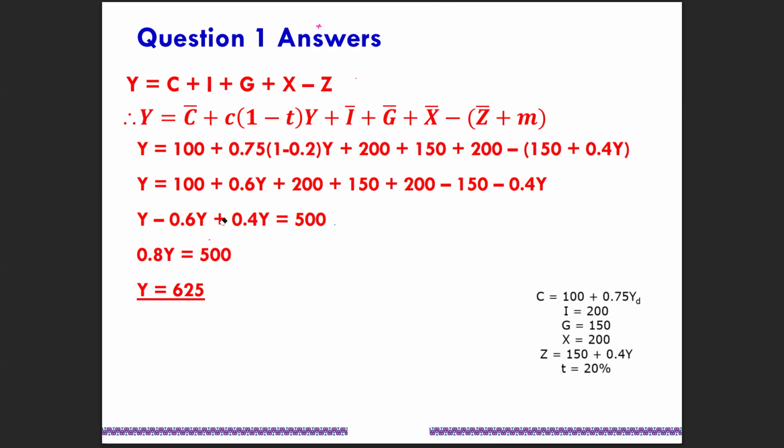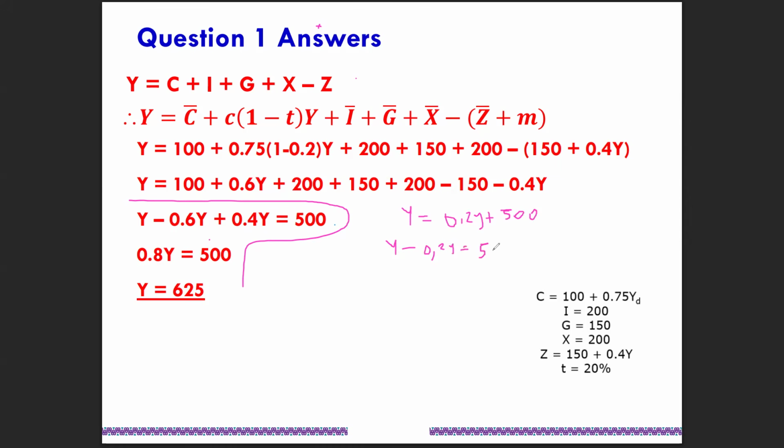And then you're going to take that to the other side. So let's ignore this part. From here, it is Y equals to, I said 0.6Y minus 0.4Y, I got 0.2. So there's going to be 0.2Y plus 500, right? Remember we got 500. Then I'm going to take this to the other side. So it's going to be minus 0.2Y, 0.2Y equals to